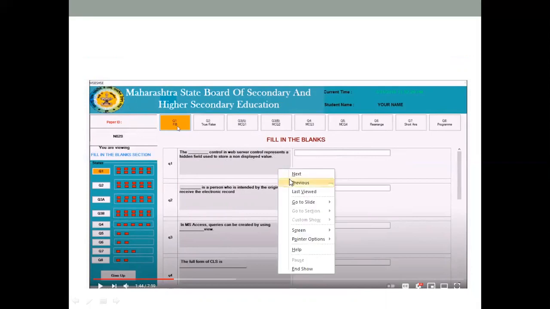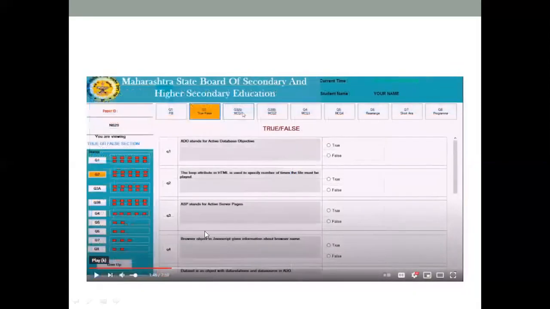Okay, next. Now here, if you have seen true or false, this is a multiple choice question, but here it is using a radio button, and it is a single choice. If you click on true, it will show true. If you want to switch to false, it will go. It will not take it the way you did in written papers, where you do all true and false. Either true or false will be indicated, not both. So be careful while ticking the questions.